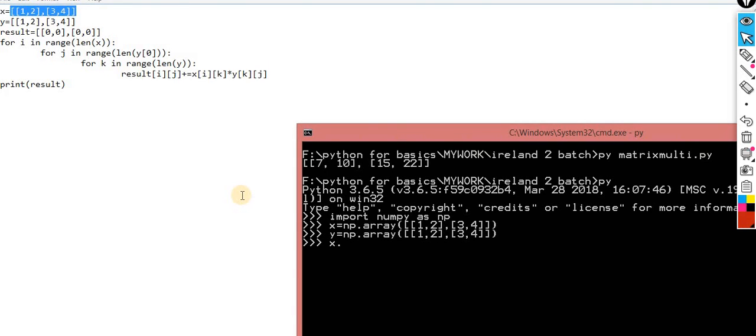And x multiply this, the meaning of this one is element to element multiplication. But if you want to perform the mathematical multiplication, then this is the way.